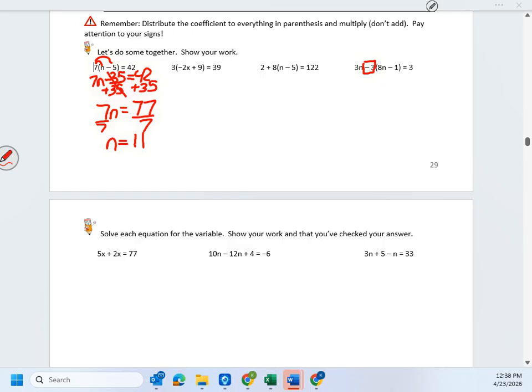So it's little steps. Okay, Colton, at first he's like, oh, 77 divided by 7 is 7. And then he would have gotten n equals 7. How would Colton have figured out that he made a mistake? Checking your answer. He could take the 7 and put it back in there. If he had kept that 7, we would have had,